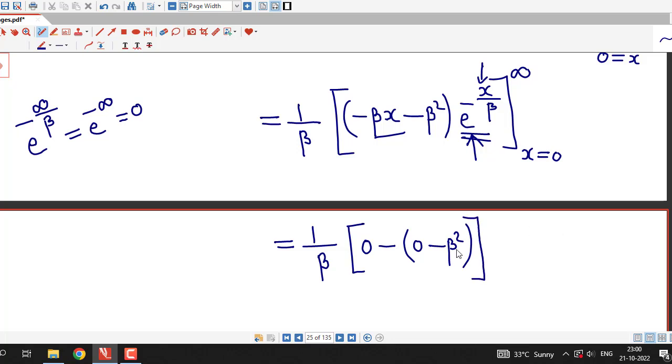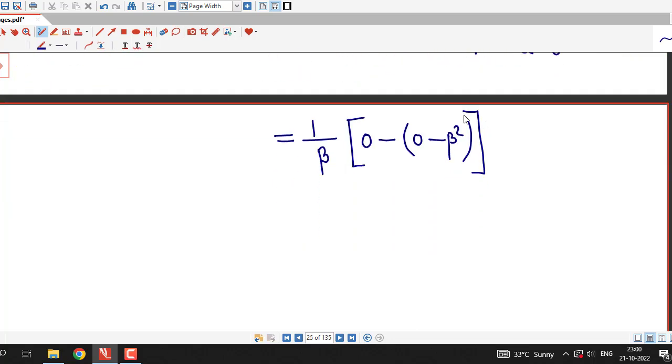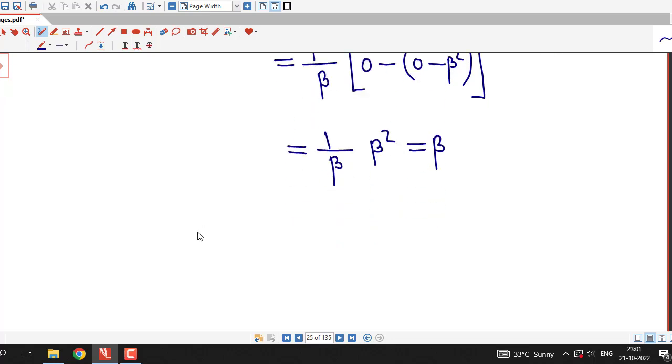So for x equal to 0 we have 0 minus beta square, e raised to 0 is 1, and this is now 1 over beta times beta square, that turns out to be beta. So therefore the expected value of x, or the mean of the exponential distribution, is beta,